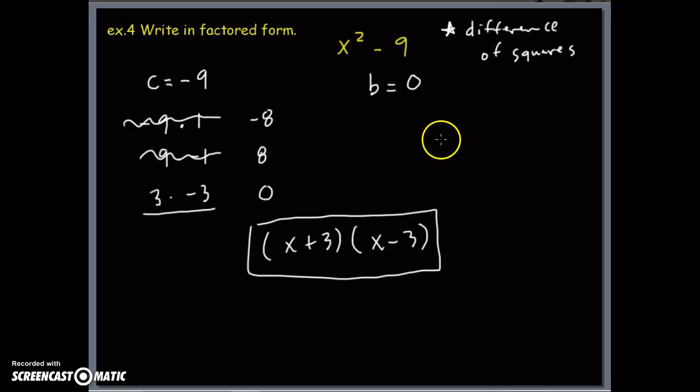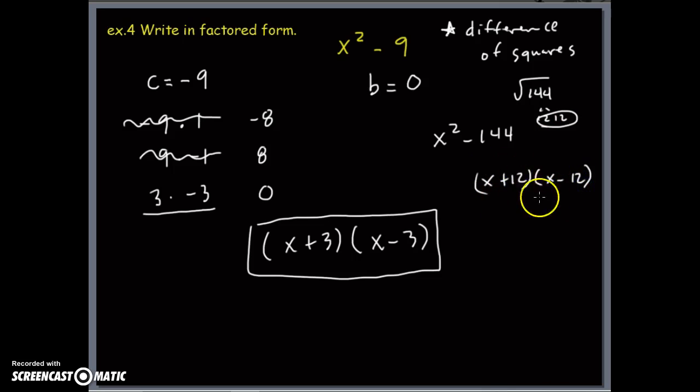So for example, if we had something like x squared minus 144, I know that the square root of 144 is 12. So I know that my factors are going to be x plus 12 and x minus 12. So it's a quick way of identifying what your factors are. If you see there's no b term and then the constant term has a perfect square root, then you know your factors are those two numbers, one positive, one negative. Alright, last